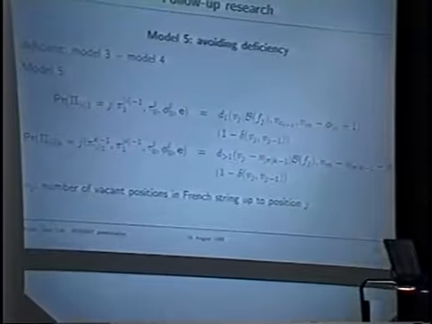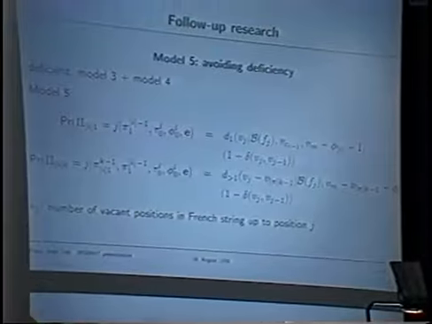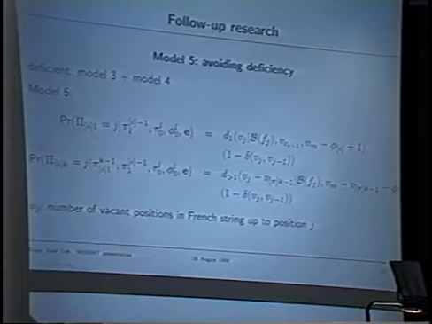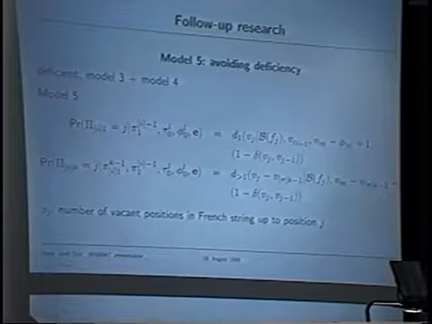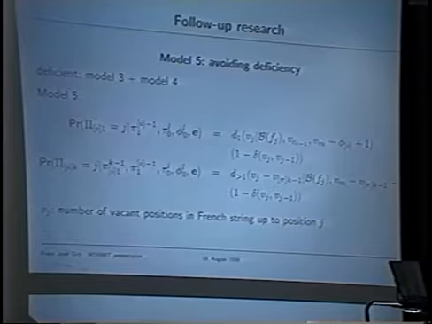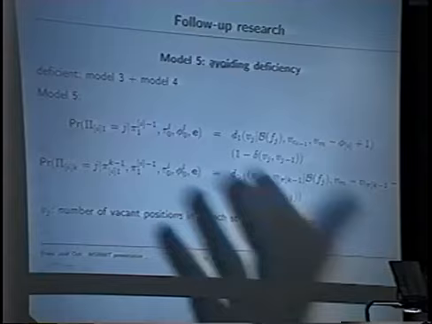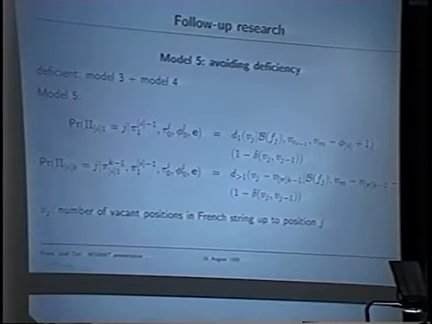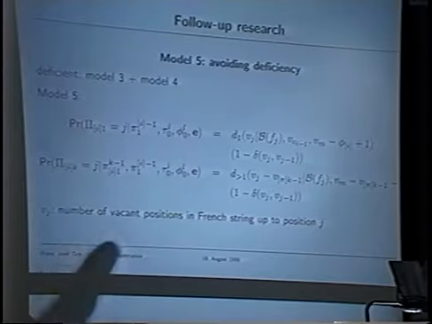And so both the models, Model 3 and Model 4, are deficient. Model 3 is deficient because words can be moved on top of each other. Model 4 is qualitatively even more deficient, as it's possible to position words before the beginning of a sentence and after the end of a sentence. And Model 5, which is described by these equations, overcomes this problem by doing some tricky calculations. So I also suggest to make this.